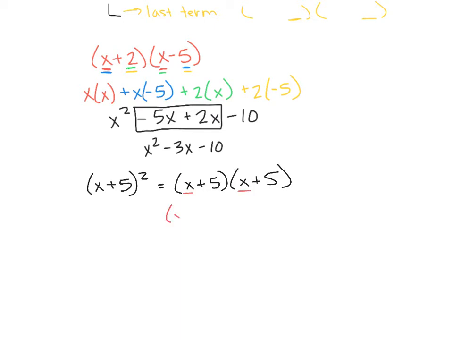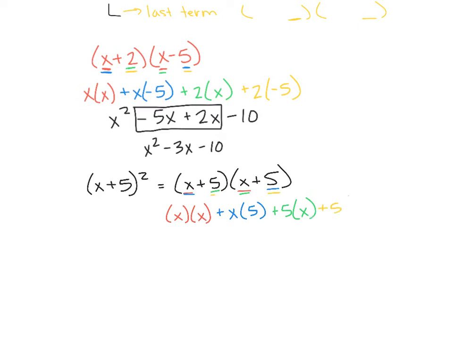So we have x times x. Then we're going to look at our outside terms, plus x times 5, our inside terms, plus 5 times x, and then our last terms,